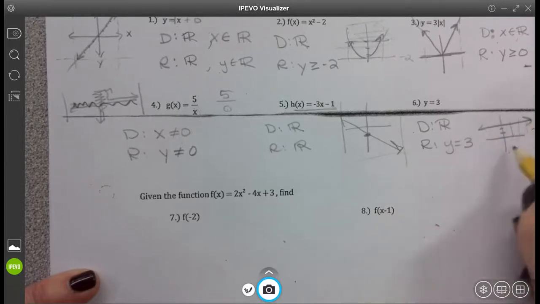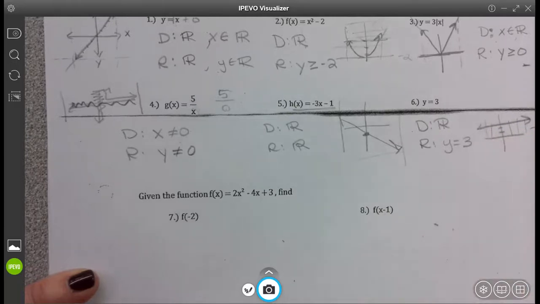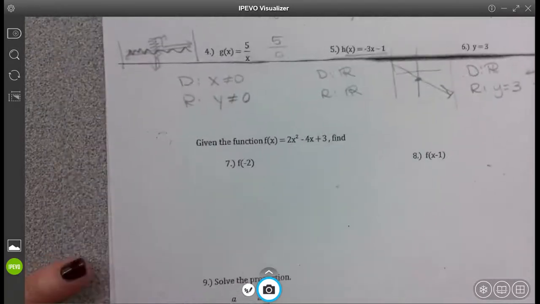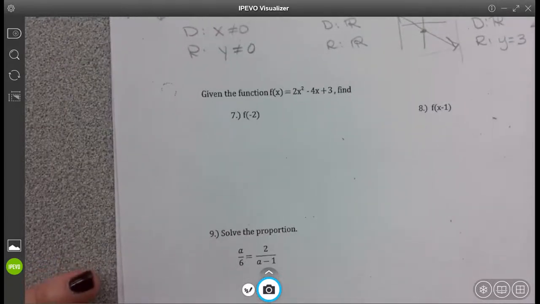We always have an output. Doesn't matter what x is. If it was x equals 3, then the domain is x equals 3 always, and your range would be all real numbers. Okay? So it says, given the function, find f of negative 2 and find f of x minus